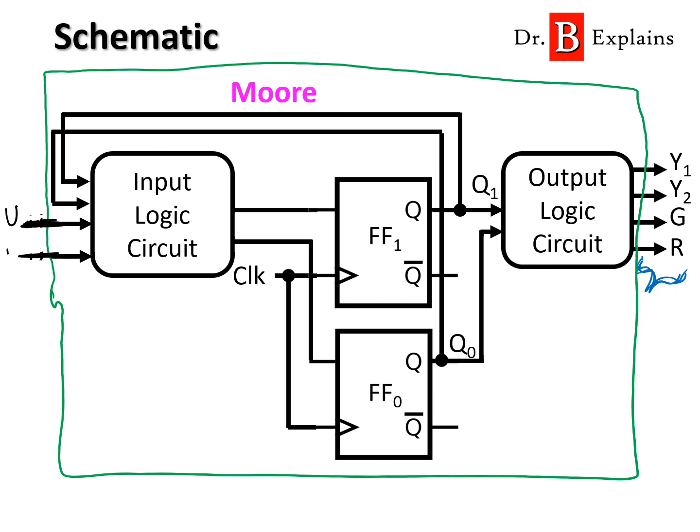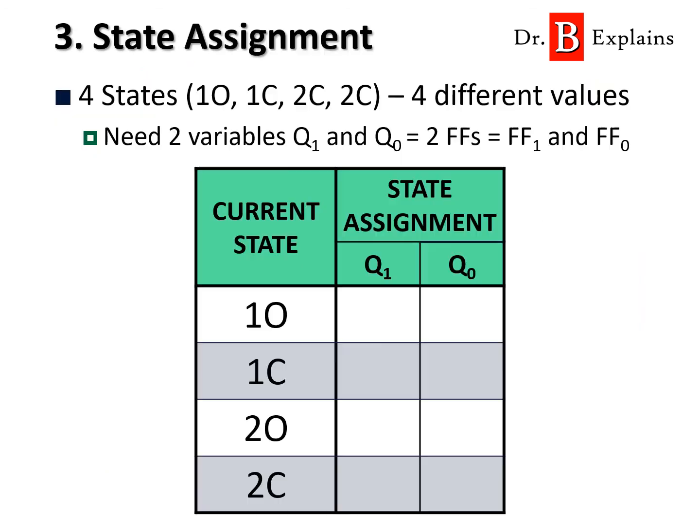So I have U and I have D, and coming out of it I have yellow 1, yellow 2, green, and red. Whatever intermediate steps I use here and here and here and here, this will have internal inputs, internal outputs, inputs and output, but the final output is all the way to the end. The primary inputs are all the way to the left, okay? So now that